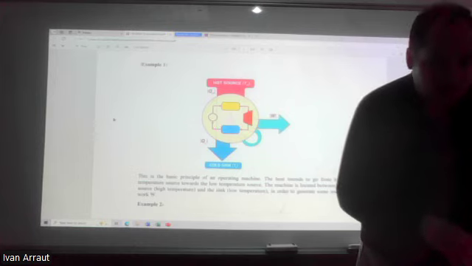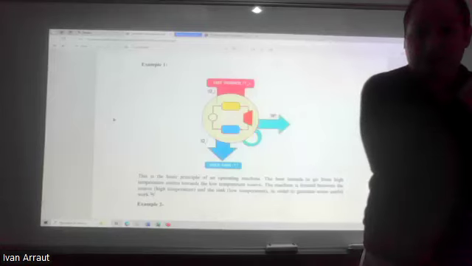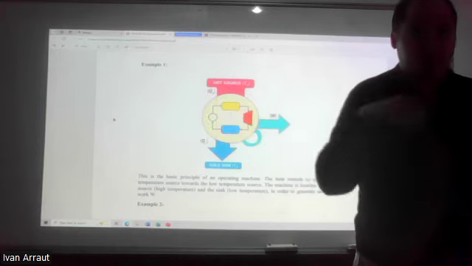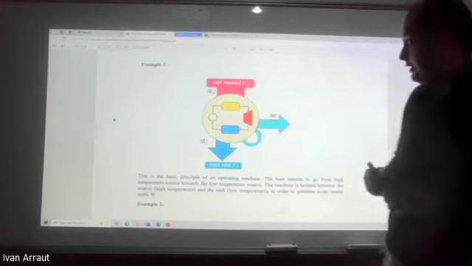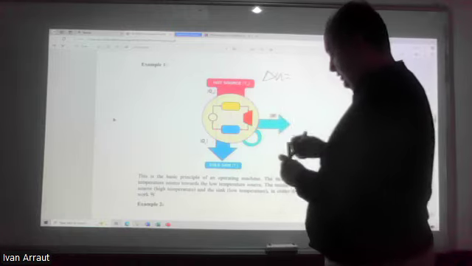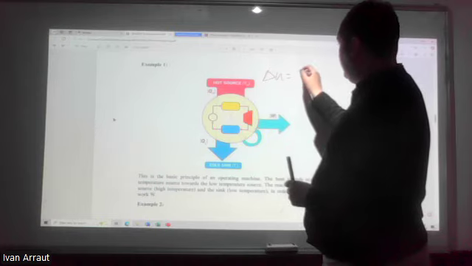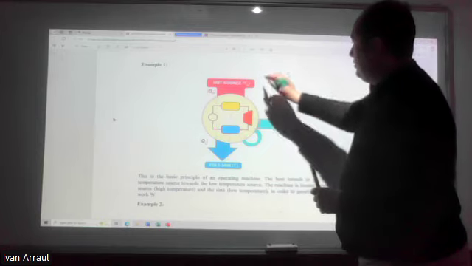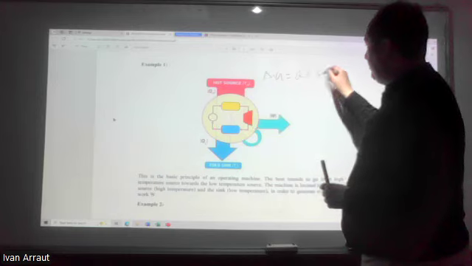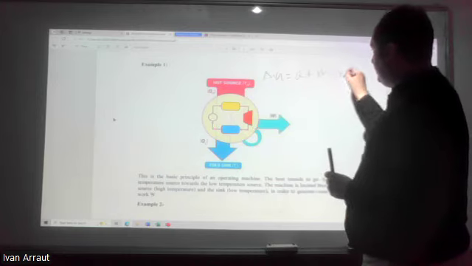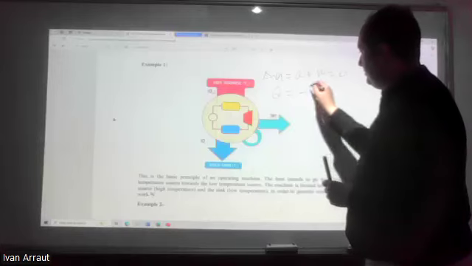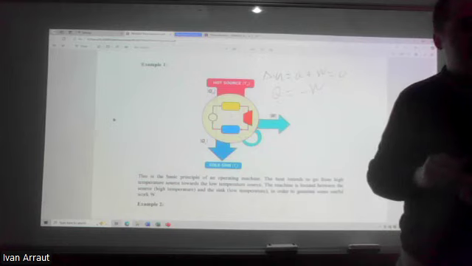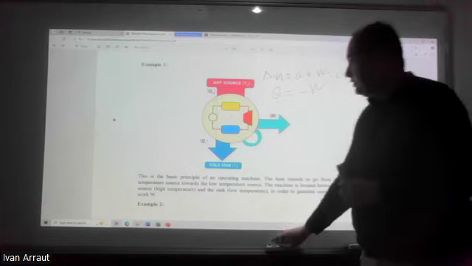Thermodynamic cycles. In a cycle, the change of internal energy is zero, but the total work is minus the heat. This is how the cycle operates, applying the first law of thermodynamics to that case. Remember, delta U is the change, or let's put it differentially, plus W. And in a cycle, this is 0. So in a cycle, the heat is minus the work. That's ideally the case. So look at this.